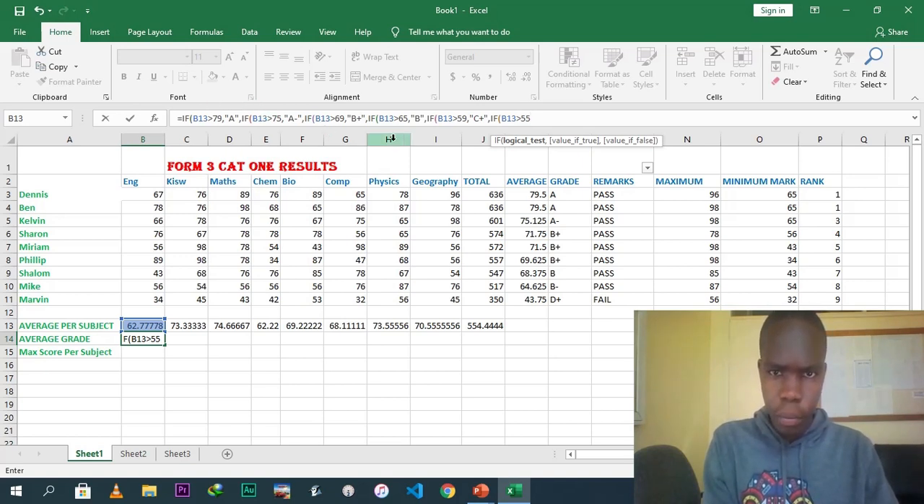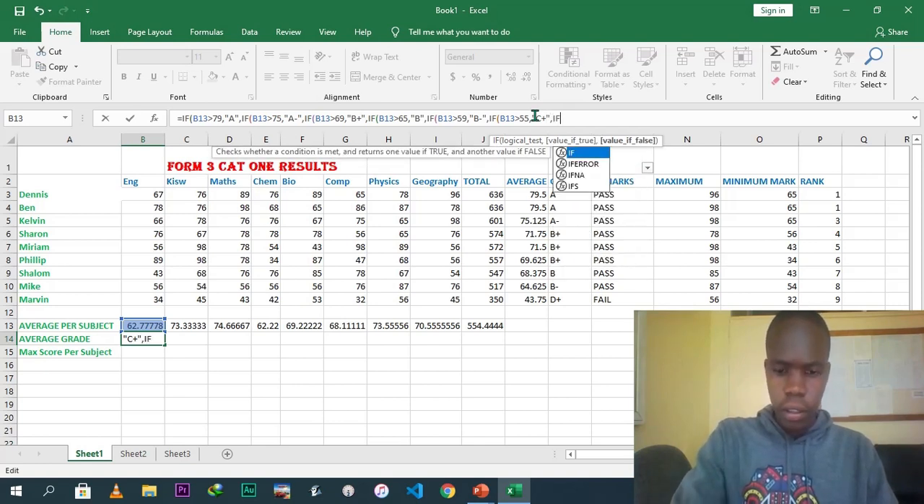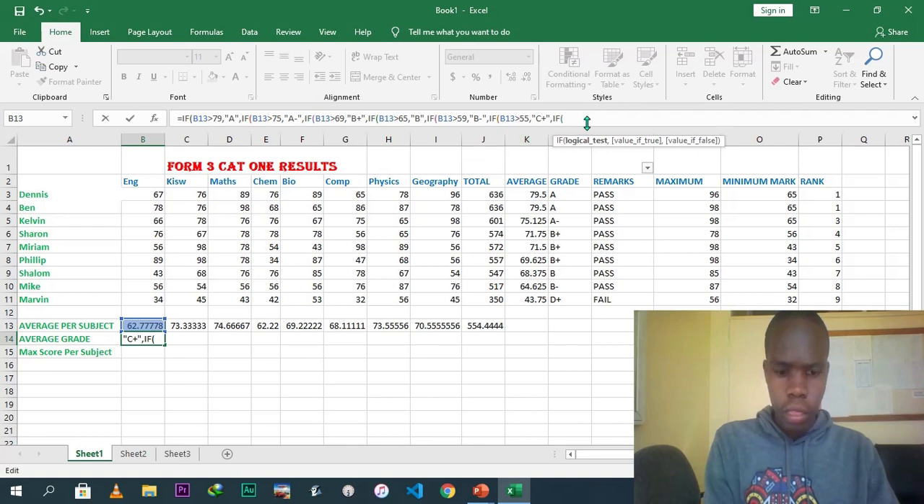No, this one is supposed to be B minus. Greater than 59 should be B minus. And then this one should be C plus. Then else if B13, which is this average here, is greater than 49, then the grade should be